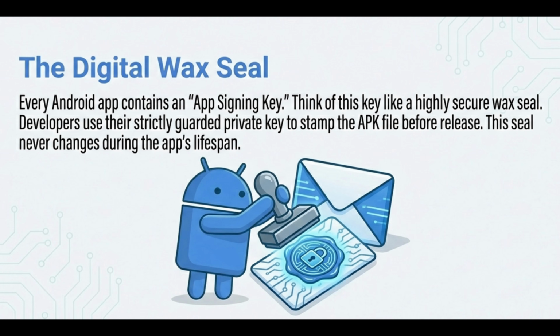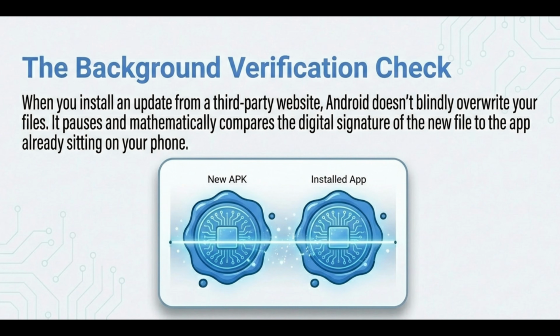When a developer, let's use Google in this example, creates an APK file for the Gmail app, they use their own strictly guarded private key to stamp that seal onto the final APK file before anyone is allowed to download it. And the core rule of Android security is that an app's signing key can never change during its entire lifespan. So, when you download an update for Gmail from a third-party website and then tap install, the